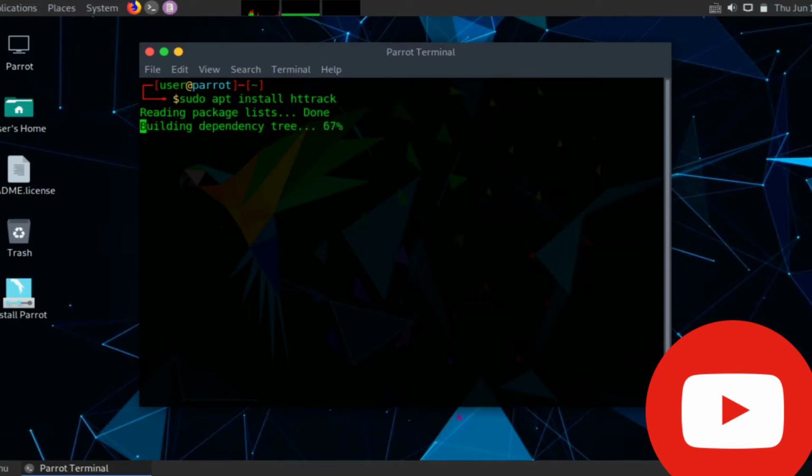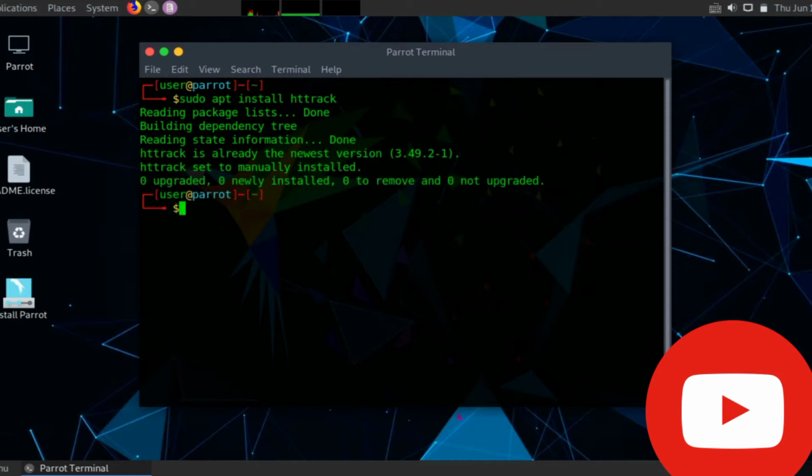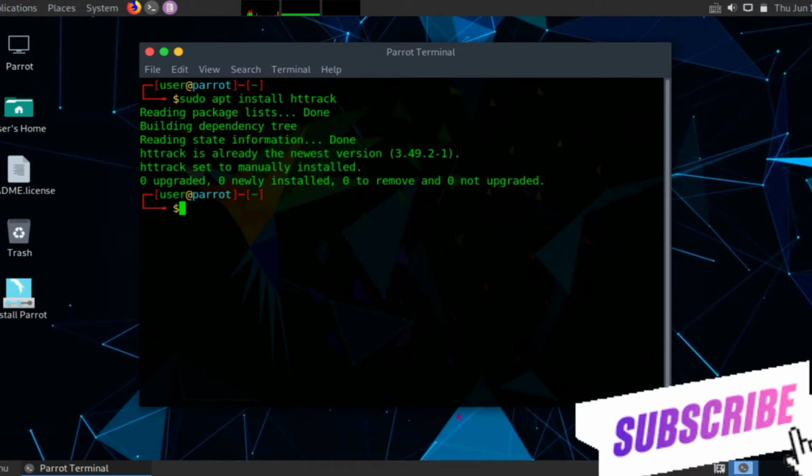Let me check for that, and it will check for the tool. Since I already have the newest version of this tool installed, it simply completes. But one thing again, guys, if this command doesn't work, then you can simply go to the official website of HTTrack, and you can download for all the versions or whichever platform you need, through which you can install the particular tool.